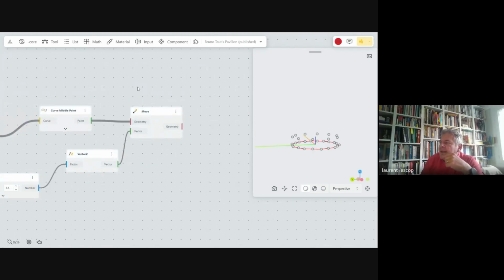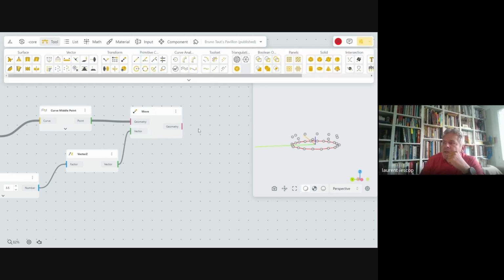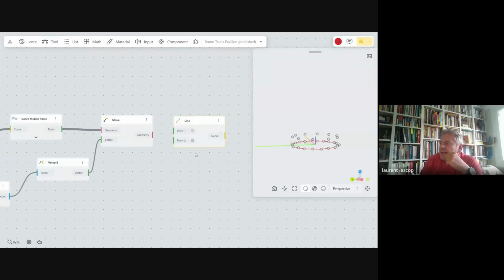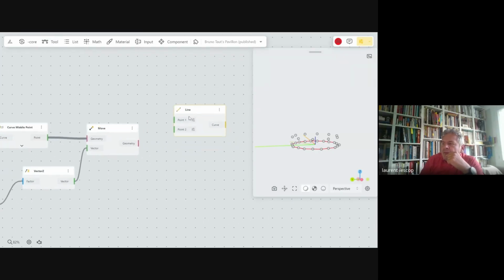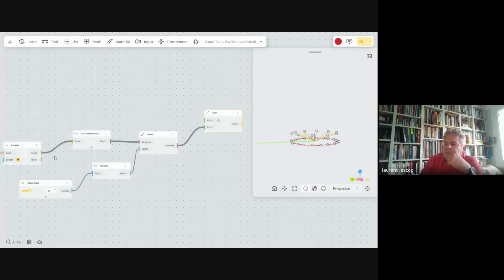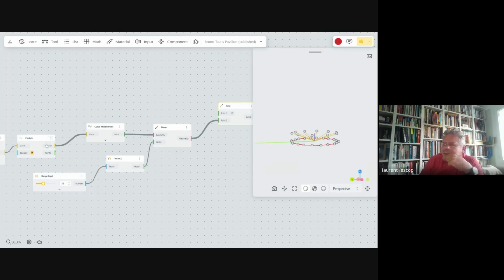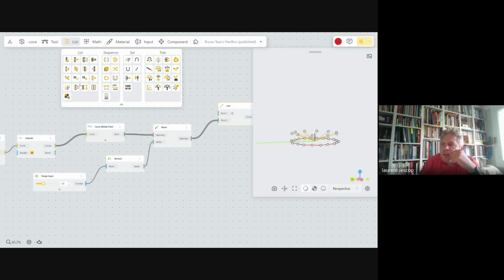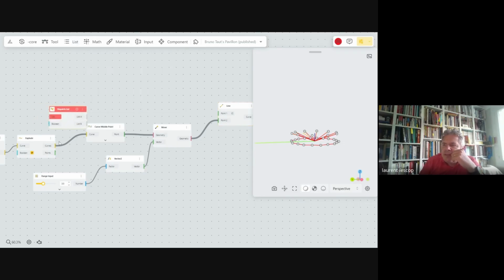Okay, so then I need lines to create my triangles. I will create some lines, and the lines are going to be from this point, the tip of the triangle, and from those ones. So let's try something. I didn't do it this way the last time. I will try to have a dispatch put here.